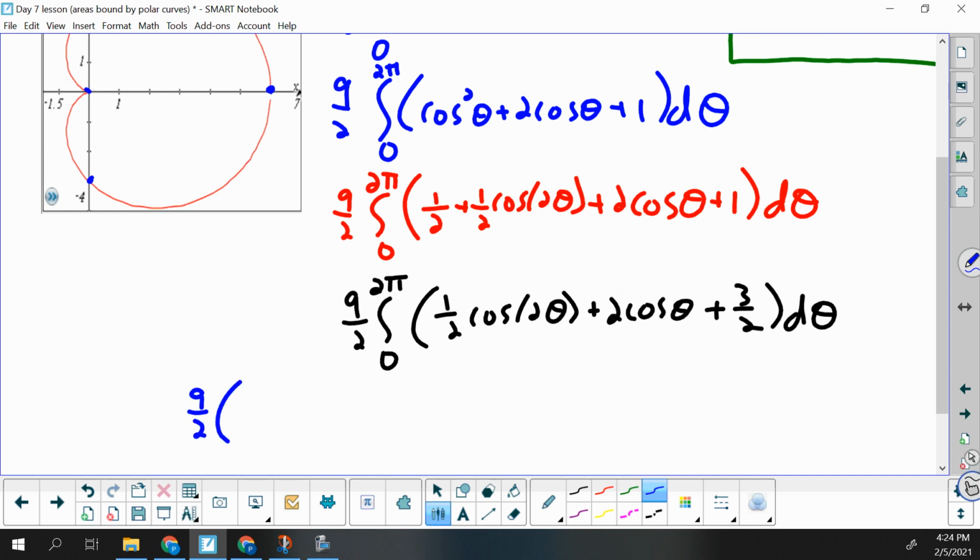So we'll now do our antiderivative. When we saw this in Unit 6, we saw that for cos 2 theta, technically we have to do a u substitution. u would equal 2 theta, du would equal 2 d theta, so we'd have to do a correction by a half. Whatever was inside there, when you do your antiderivative, you just multiply by 1 over it out front. Because of that, we're going to have 1/4 sine 2 theta